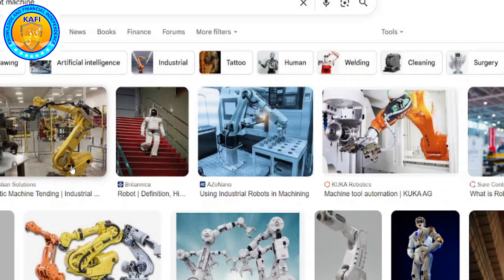Yes, big or small or any shape you want, it's up to you. You have to decide what you want to do. Let's say you want a robot that cooks for you. So it doesn't have to look like a person, right? It can simply be a frying pan that could cook itself.